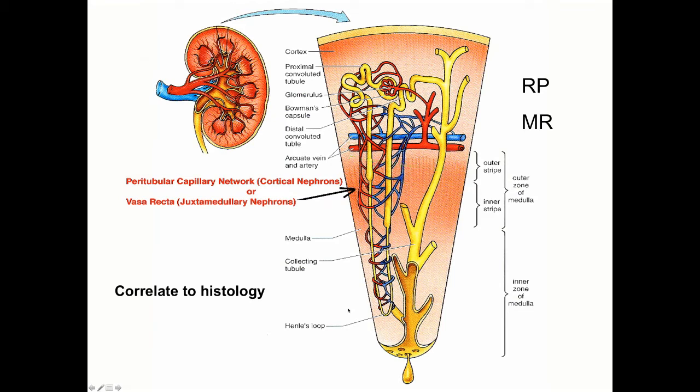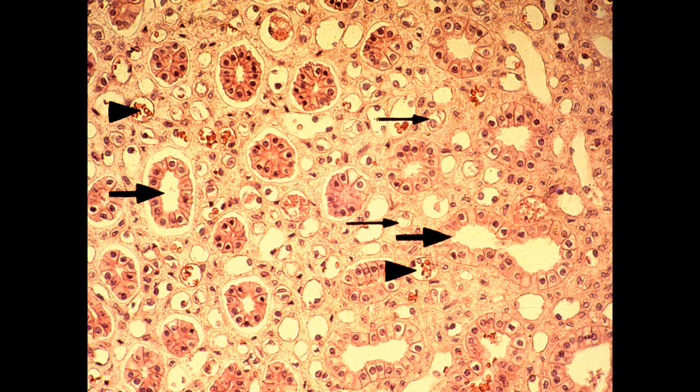If you were to take a cross section like this, you might see profiles of tubes. So here you'd see profiles of two thin tubes, thin limbs of Henle's loop, and a large collecting duct. If you took a cross section like this, you might see a profile of a thin limb, a thick limb, and a collecting duct. So you've got to be able to first correlate what you see histologically with where you